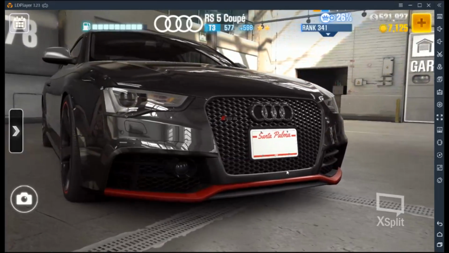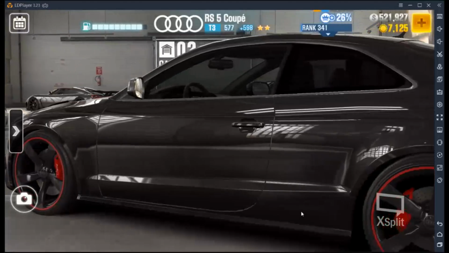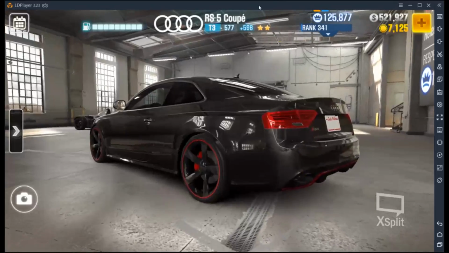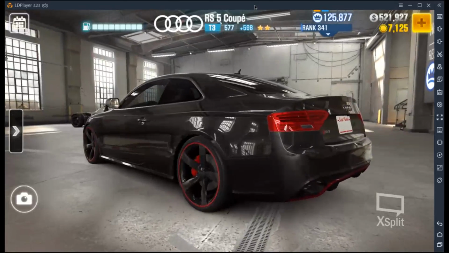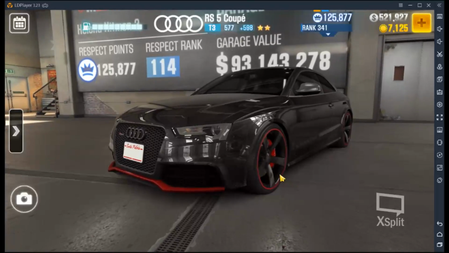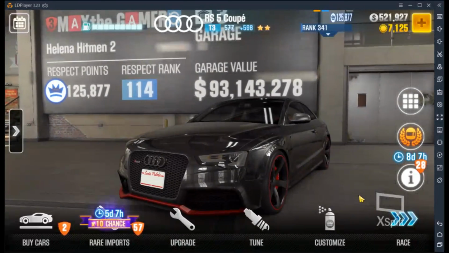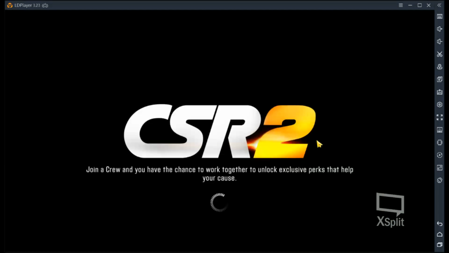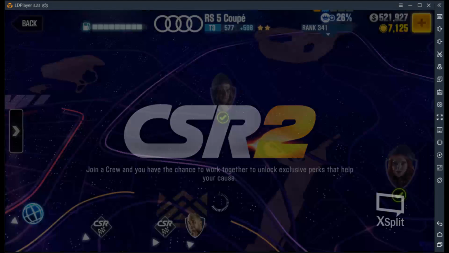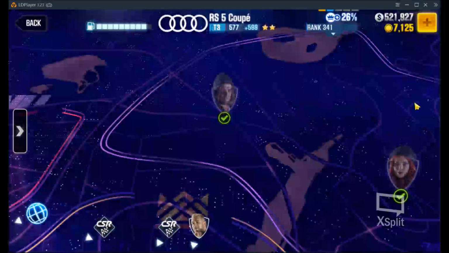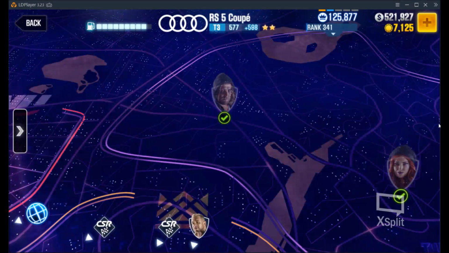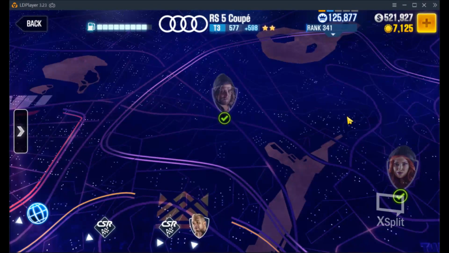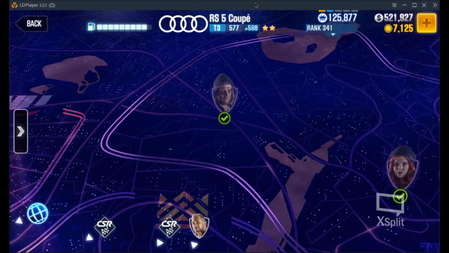Let's see how this turns out on the video side once it's recorded. But I'm using a slightly different program. This time I am not using BlueStacks. I'm actually using the LD player, which is another emulator, to try it out and compare its efficiency to, say, BlueStacks 3. So